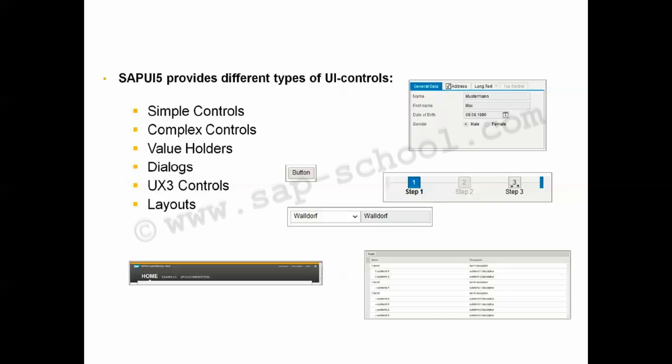So here the new UX3 patterns like the shell, thing inspector or the EX act, they are described. After that, we have the others. So in this section we'll find the information on the rich tooltip control, which is available for many controls and by this category independent. So these are the different types of UI controls and we'll be able to find information about all these on the help pages.